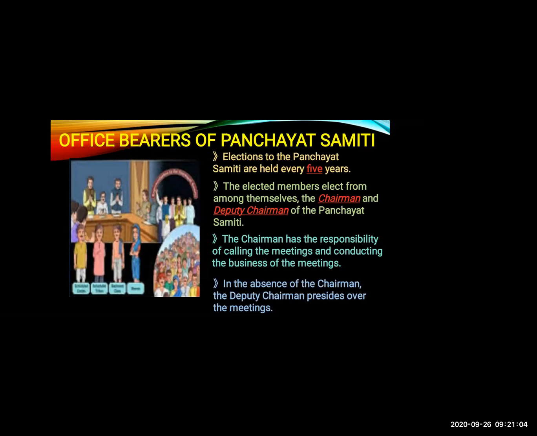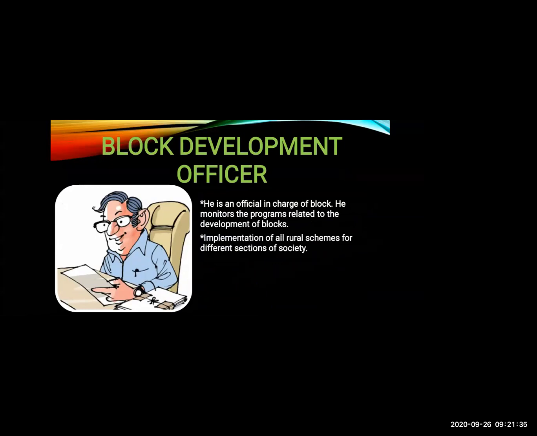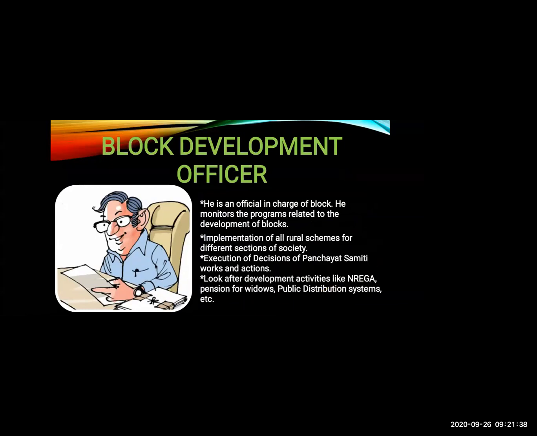Okay. Now see what we have seen in this. Elections are conducted after every 5 years. Then members elect a chairman and a deputy chairman. When chairman is not available, then at that time deputy chairman looks after the functioning of Panchayat Samiti. So see what a systematic system we have to rule, right? So this is how the Panchayat Samiti office works. Now we will move and we will see the work and functions of block development